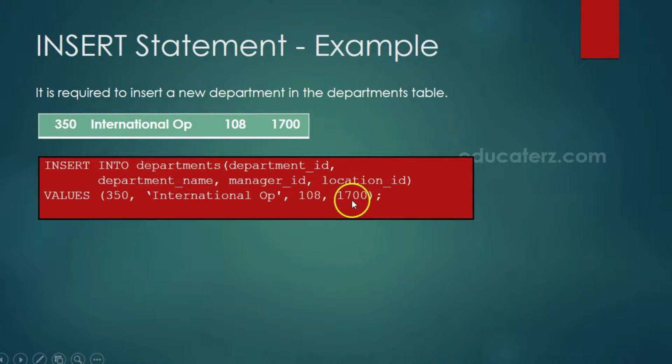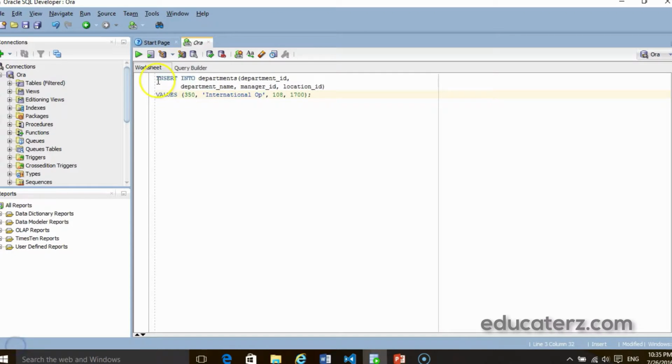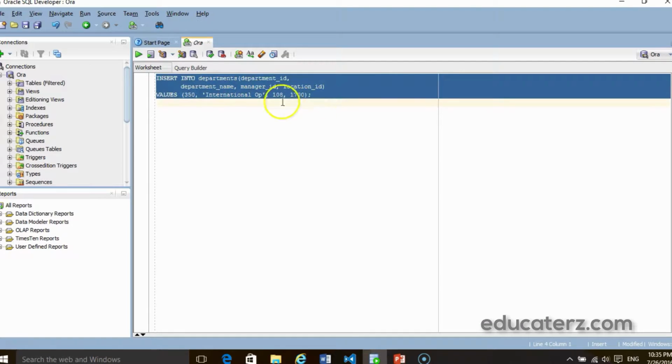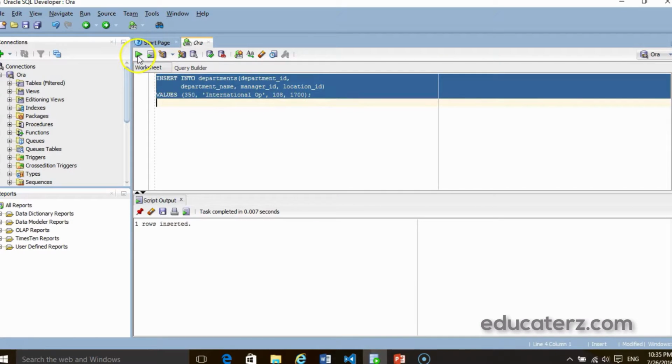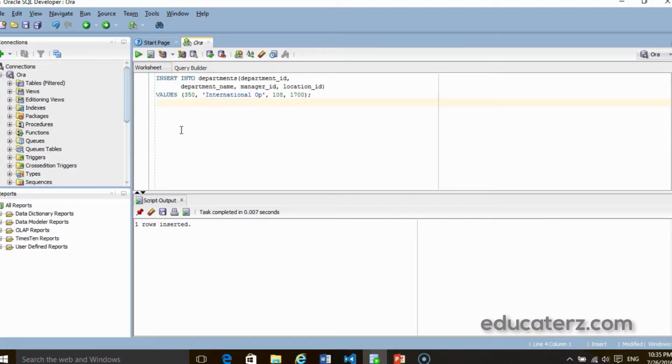Once the row is inserted successfully, you will get a message like query OK or one row inserted. In the result window, it says one row inserted. Now you can verify whether the row is inserted by using a select statement.